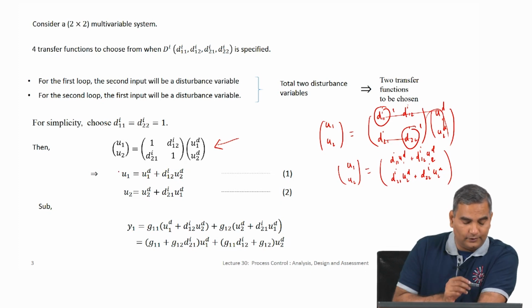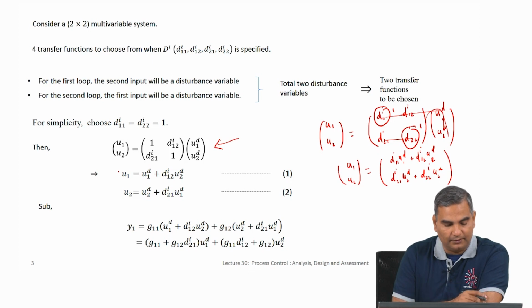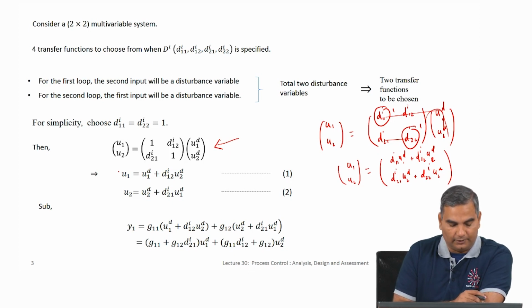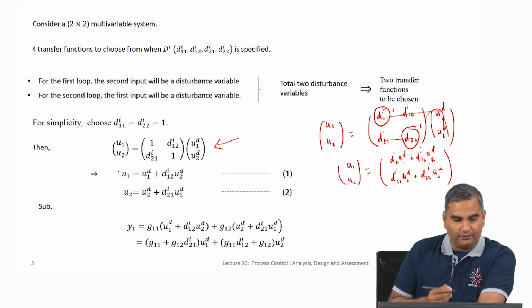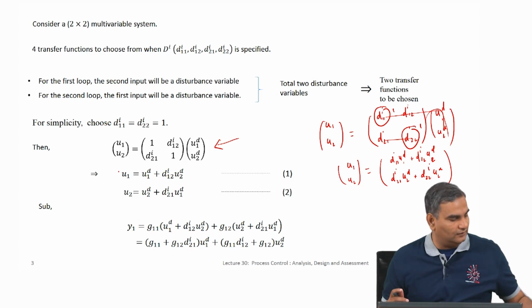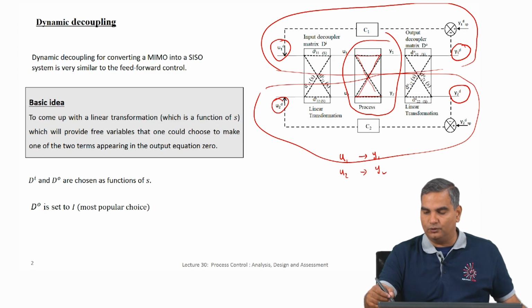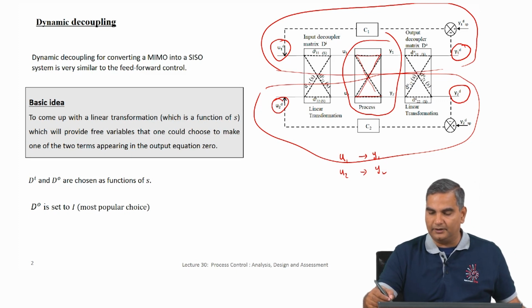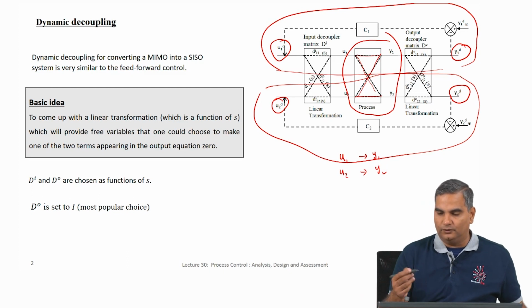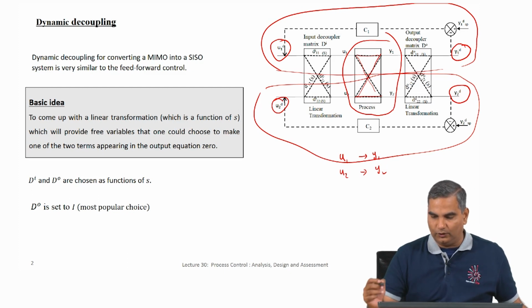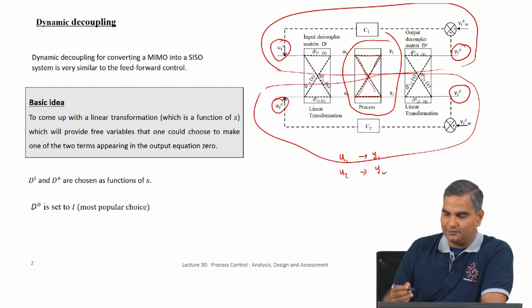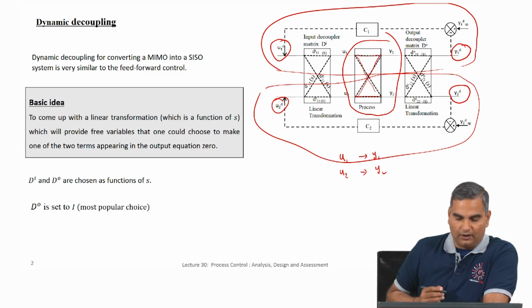So I will have the true physical input u1 as u1 decouple plus dI12 times u2 decouple, and u2 as u2 decouple plus dI21 times u1 decouple. Now from a process viewpoint, also we have this decoupler. Let us assume that same way I can compute this y1 decoupled and y2 decoupled as a function of y1 and y2. The simplest choice is to not do any decoupling here. You do not really need to do that, you can do other things, but the simplest choice is what we call an I matrix.